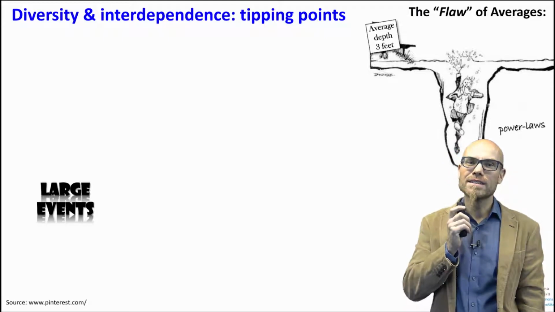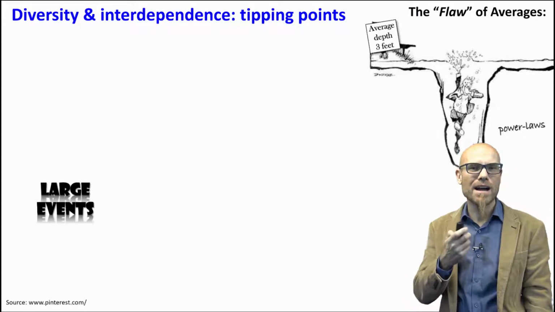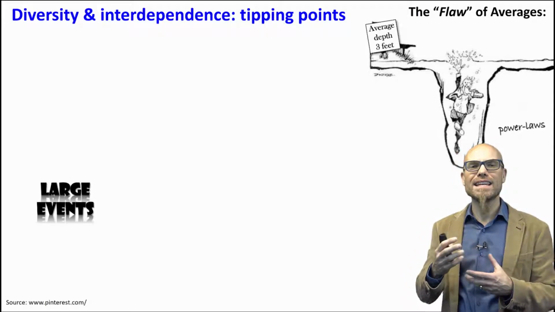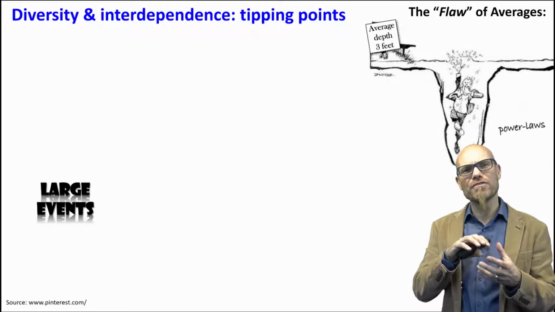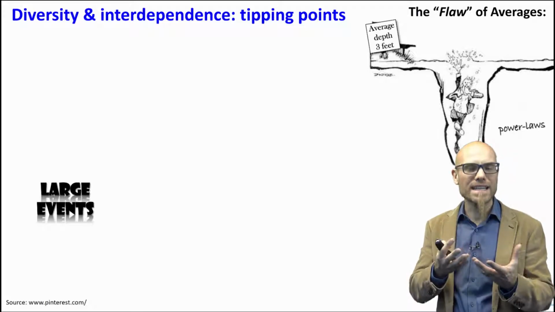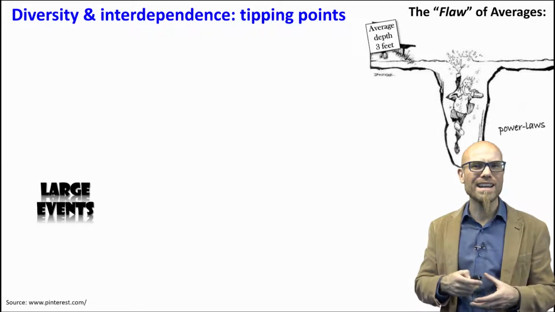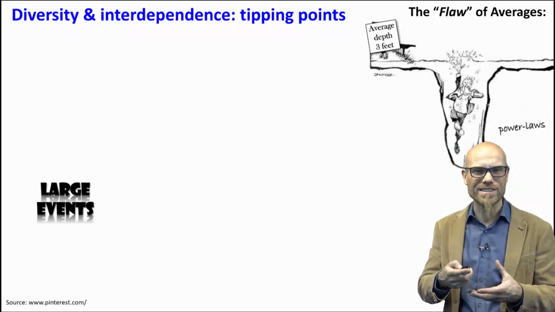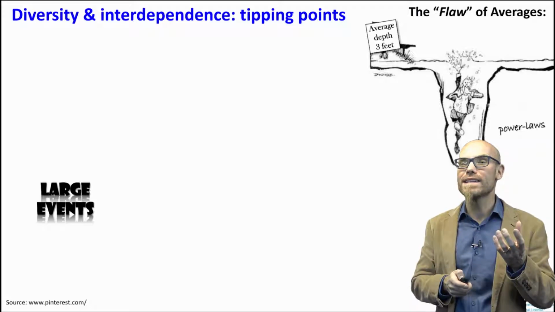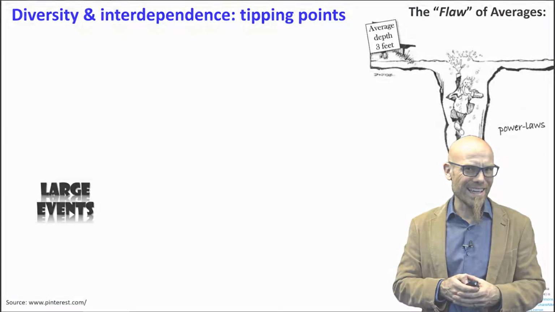And that's why these big events often come unexpected. Because if we only work with averages, we don't understand the interactivity of diverse agents, which leads to these big events, these bursts, these nonlinear changes, where quantitative differences suddenly lead to something qualitatively different, and that for social systems is extremely delicate.